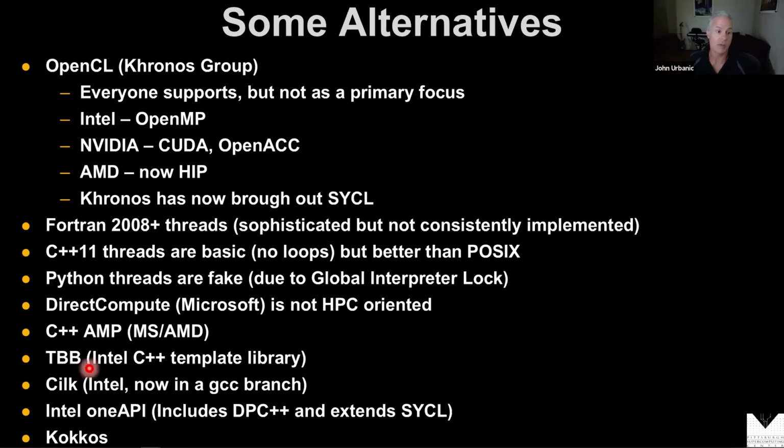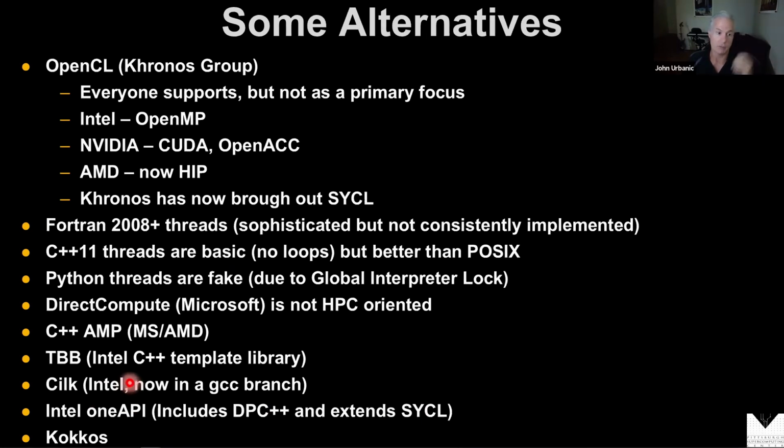And if you still go to their pages on these things, they'll tell you, this is the way to do threaded programming. Use Threaded Building Blocks. And you go to some other pages there: use Cilk, no, use Cilk is how we should do threaded programming. And nowadays, the latest, greatest stuff is use the oneAPI stuff, which is DPC++, which is an extension of SYCL. Use this to do threaded programming. So I would be very skeptical when Intel's telling you to invest in something, because they've already got multiple things they're telling you are the way to go.